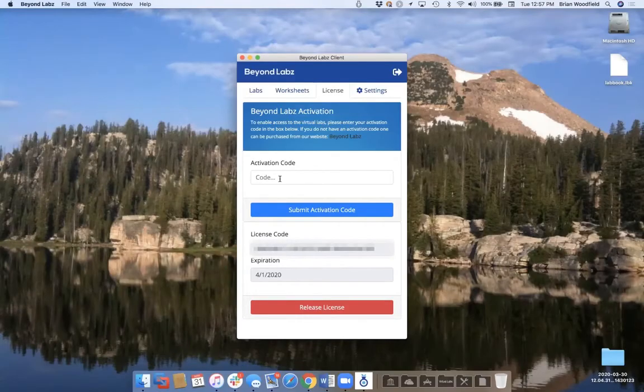For some implementations, it's more convenient not to have to hand out that code. So we can integrate the code generation as an LTI into your system so that we can provide a link. The students sign in, so that link is hidden behind their login. They go to the course, click the link, it queries our license system, it gives them a code, and then they put that code into their product,